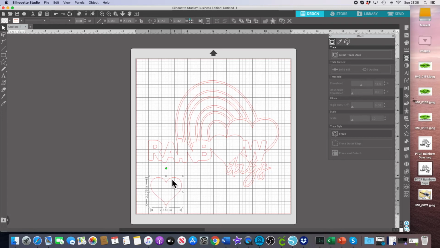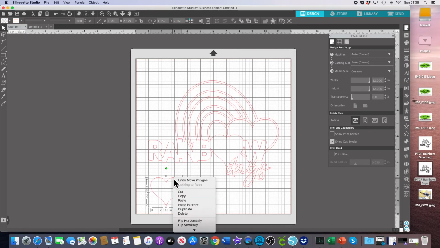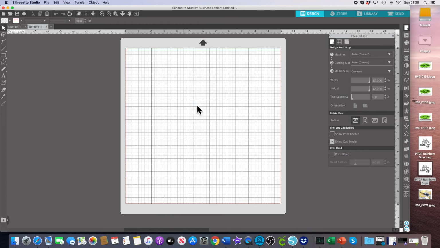So in order to do this separately, I might want to move this heart onto a new mat. So I've just gone up here to the top left and I've clicked the plus to get a new mat, and I'm going to copy that image there and I'm going to paste it on here. So we're just going to focus on this heart now,